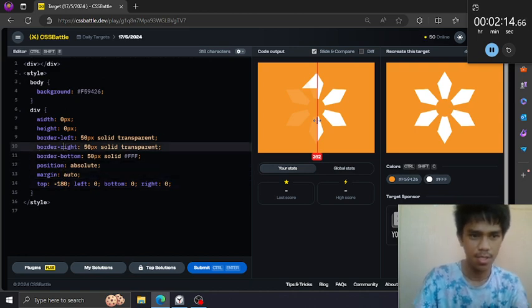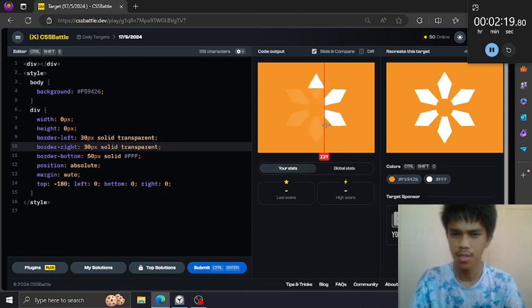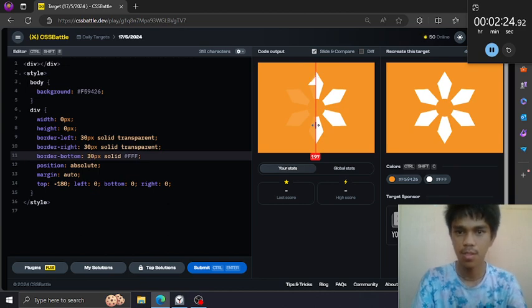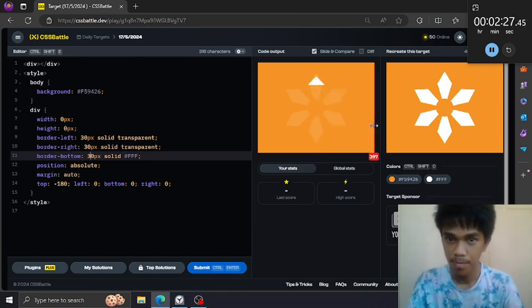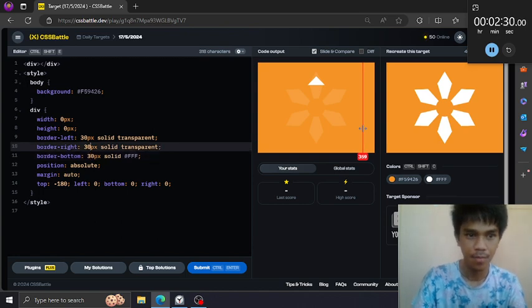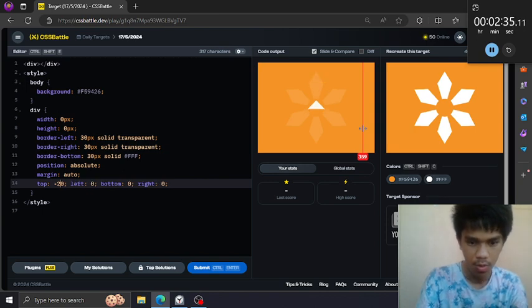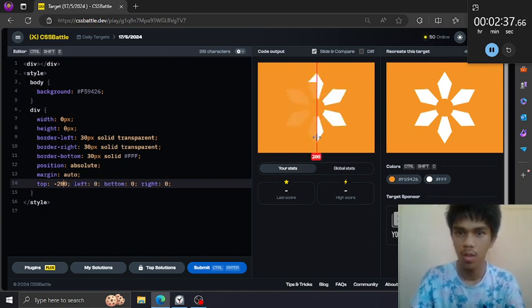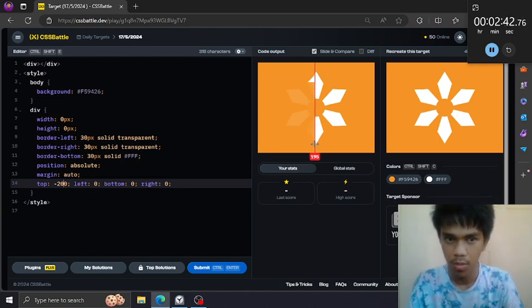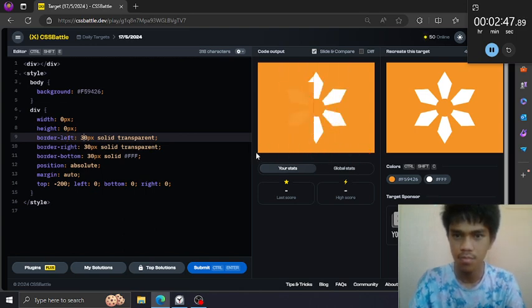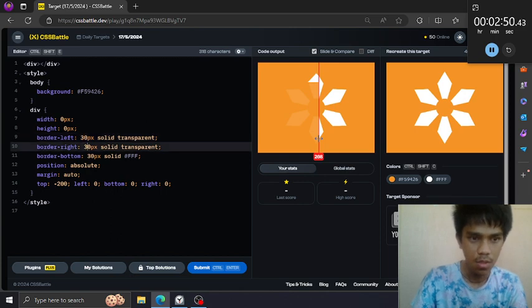And then the right and the left, reduce it. Reduce this a bit.